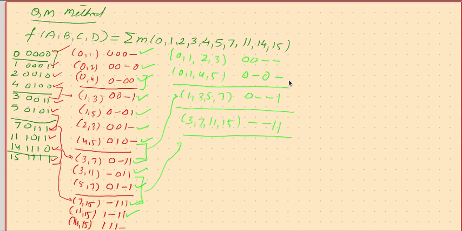Now between these two groups, last two dash we don't have, second and fourth dash we don't have. So nothing is possible between these two, and between these two nothing is possible. So finally what we have is, this is one term, this is the second term, this is the third term, and this is the fourth term. And if you look at here, this was still unused, so this was not touched.